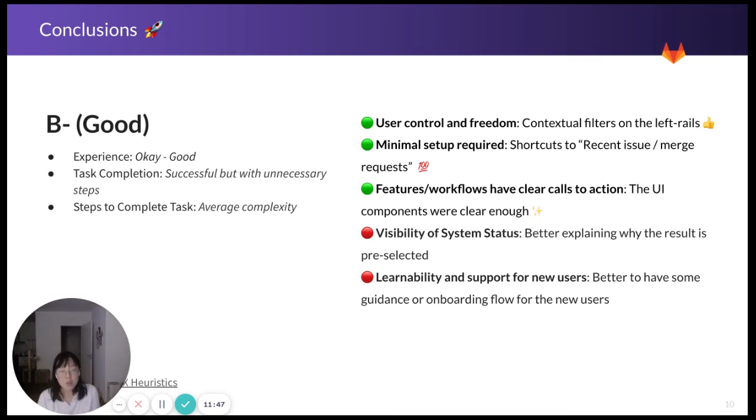And in terms of certain heuristics, the user control and freedom was great. The contextual filters on the left rail help users a lot. And also minimal setup required,